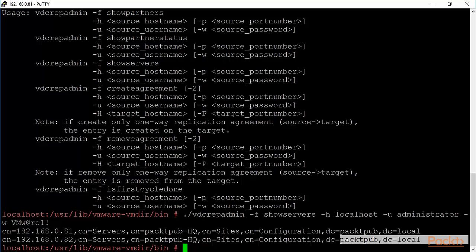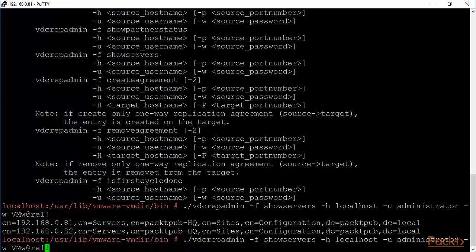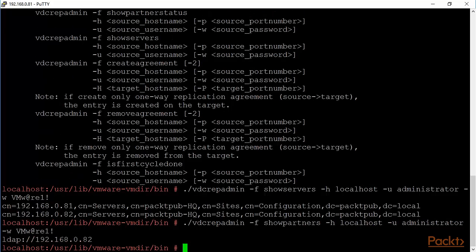Now we can show the partners here as well. Now remember, the other platform services controller at this point is not powered on. So instead of showservers, we'll show partners. And it knows about the other partner, even though it's not powered on. At some point in time, they did actually communicate. So really, what this is meant to show you is the fact that there are many interesting CLIs in here,